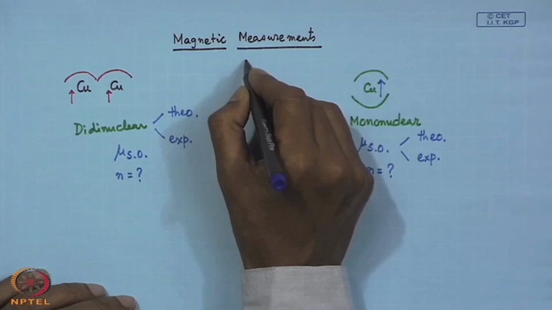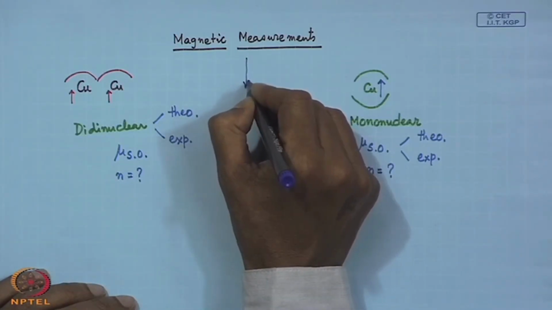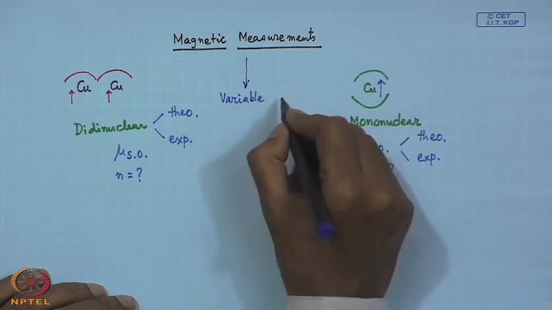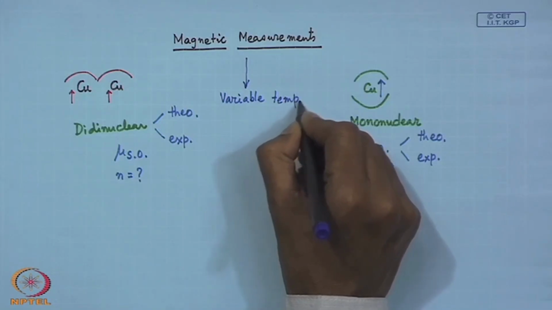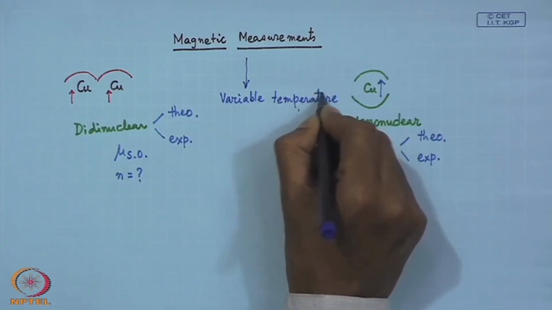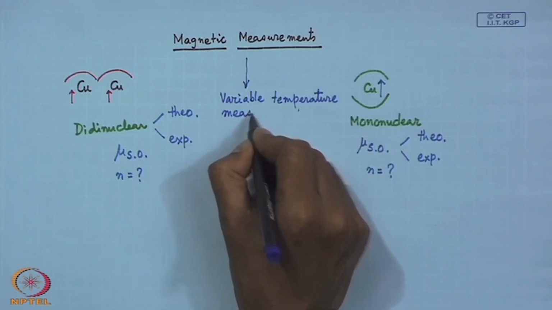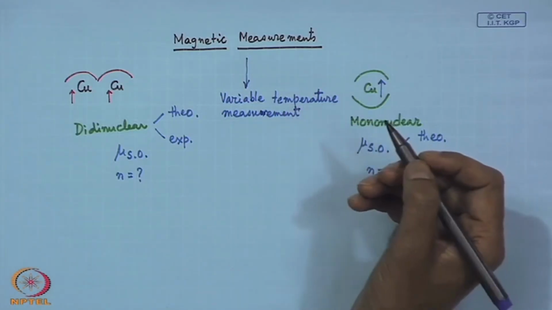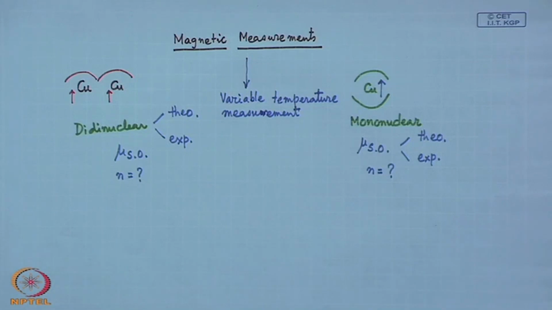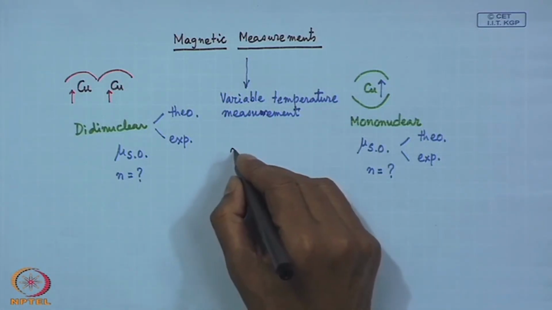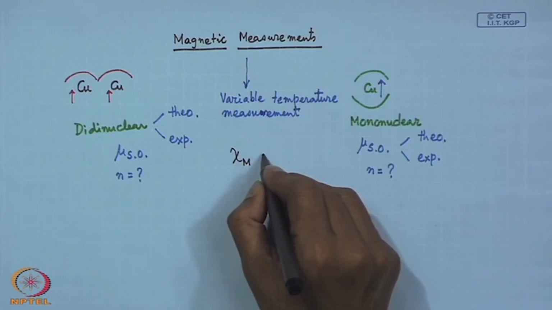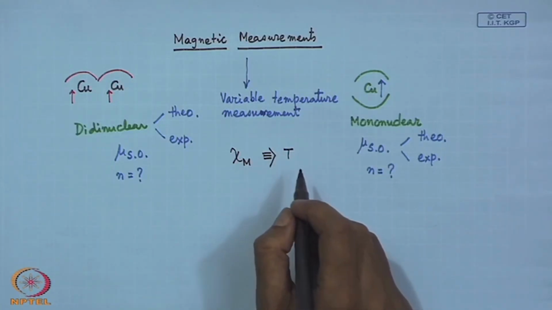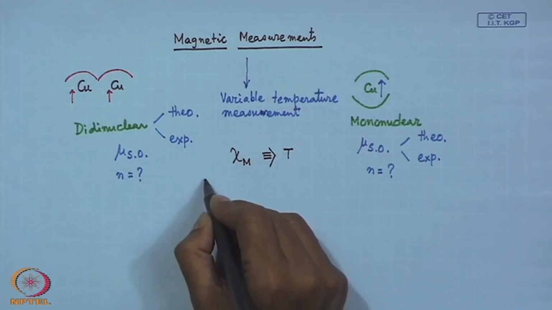So, whatever magnetic measurements we can have, we can go for a variable temperature measurement, where we can see how the corresponding chi m values are changing with the change in the temperature, because some of these magnetic interactions